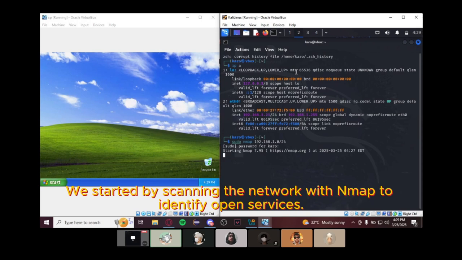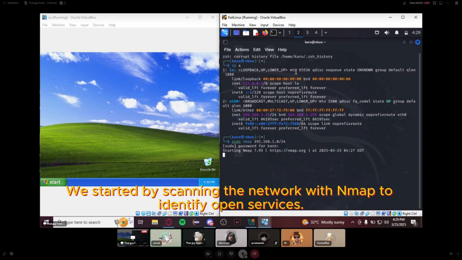We started by scanning the network with Nmap to identify open services.